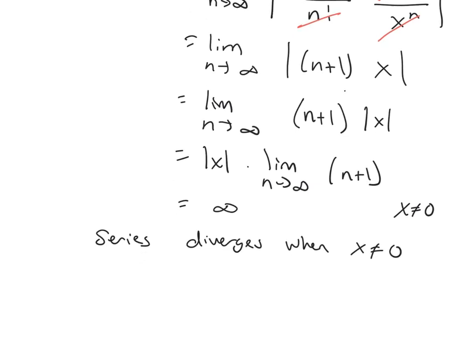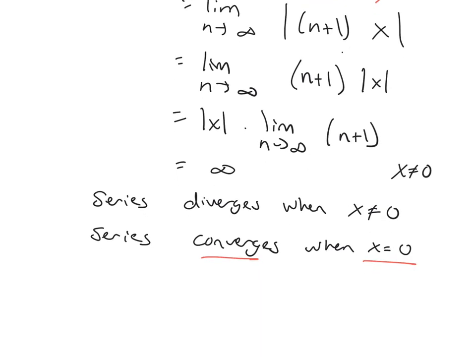The ratio test says if you get a number bigger than 1 or infinity, it diverges. And the series converges only when x equals 0. Converges for that one value, and that's it. So there's only one value where this power series